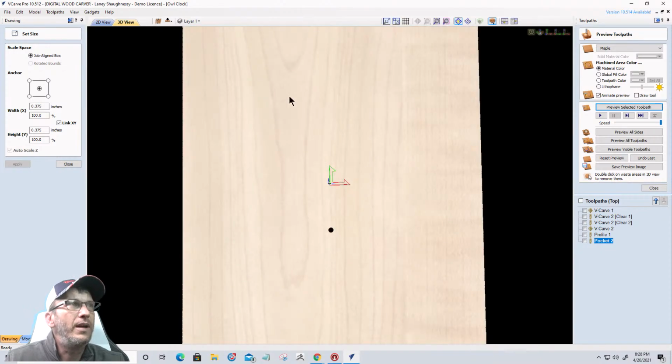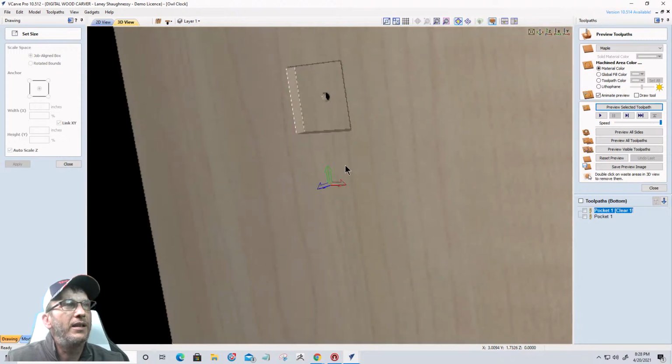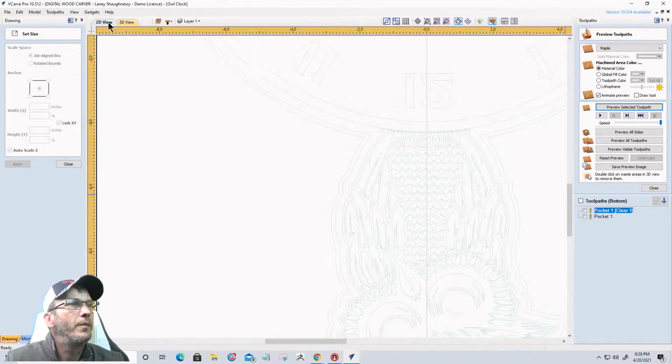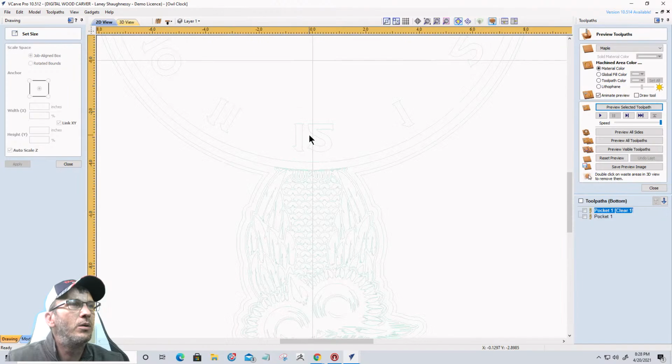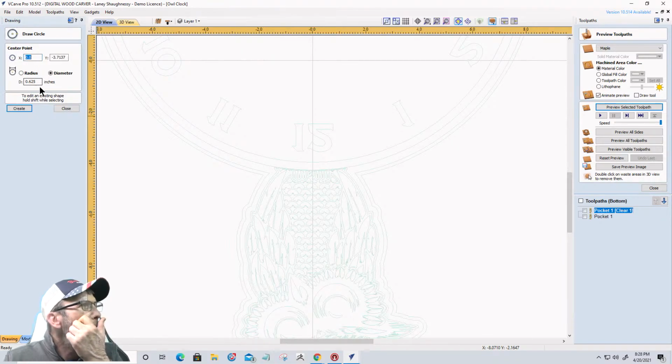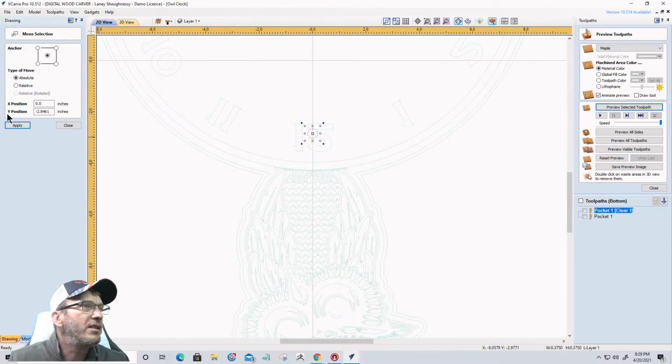Okay, so now we have that hole in the center, and we have our clock mechanism. Wonderful. We can go ahead and throw in a keyhole, right? So I might want to put a keyhole right here. So I'm going to draw a circle. I'm going to go with a 3/8 inch diameter circle, and I'm going to put it right in the center for a moment. And then I'm going to move it over to the right 1 inch because I only want a 1 inch keyhole. So I'm going to move it relative to its position on the y-axis,